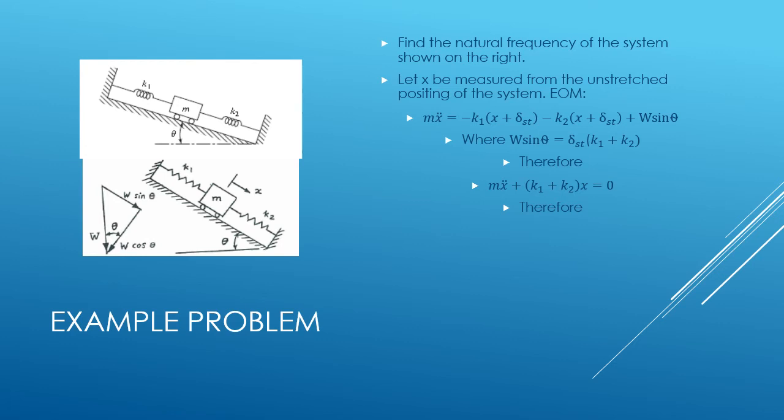So once we put all that into the first equation, we'll find that the weight force component cancels out, and all we've got left is just ma equals (k1 plus k2) x. And then from the definition of the natural frequency, square root of k on m, we use the equivalent k, which was k1